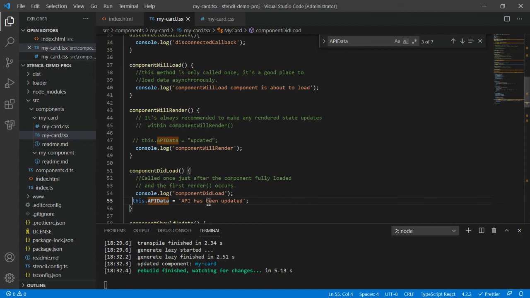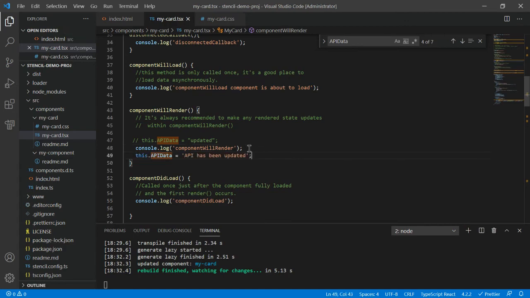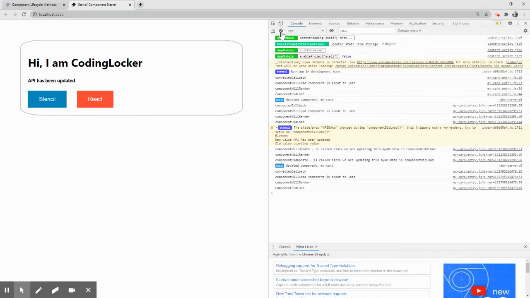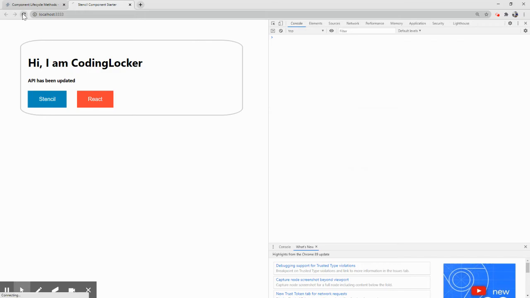Now what if I cut this line from here and paste it in componentWillRender, here? Okay, see, we still have the same output. So what is the difference? Now I will open my console log once again, and now we will see the differences. Let me clear it out and see.